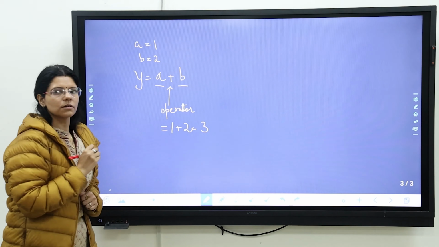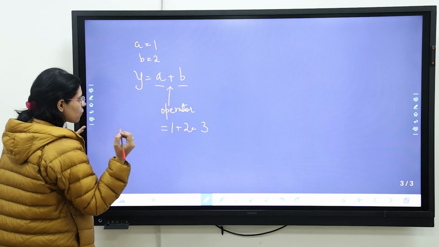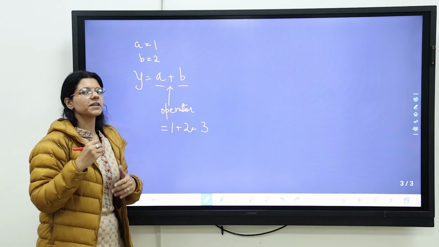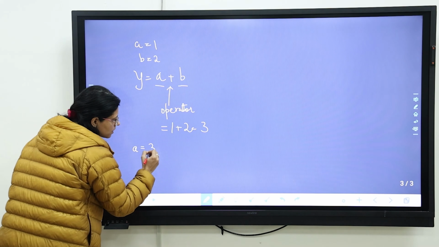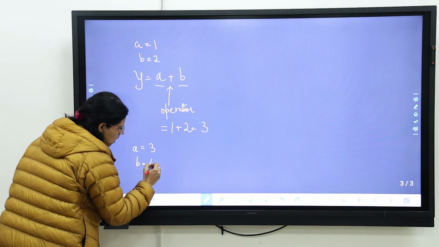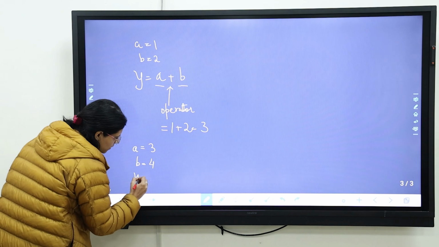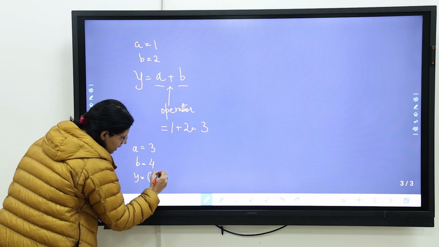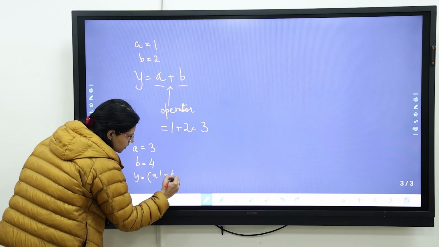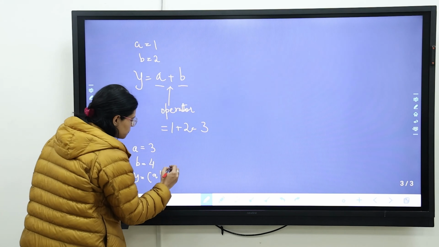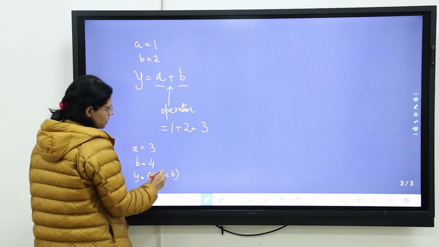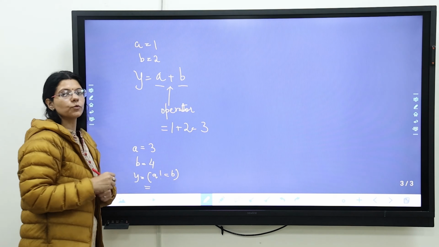Say for instance you want to consider a logical operator or a bitwise operator. Say we have a equal to 3 and b equal to 4. Now we have y equal to a not equal to b. Here we have a comparison operator, which checks if a is not equal to b and returns a boolean value.